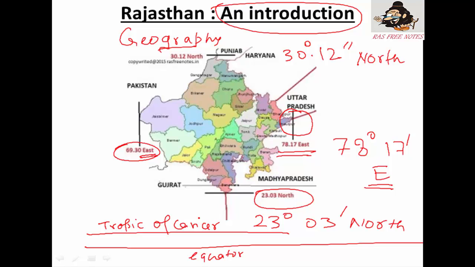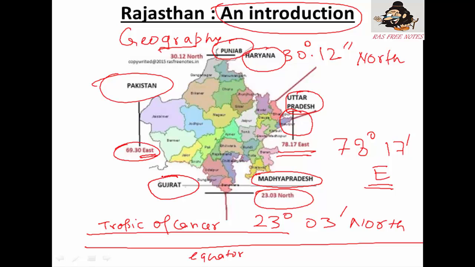Now we are going to look at the states surrounding Rajasthan. First, we look at the eastern states. The first state is Madhya Pradesh, then Uttar Pradesh, then Haryana, then Punjab, then Pakistan, which is a nation, and then Gujarat. Now we write from east in an anticlockwise direction. So we write from the top. Okay, then Pakistan.